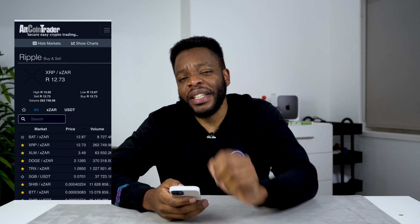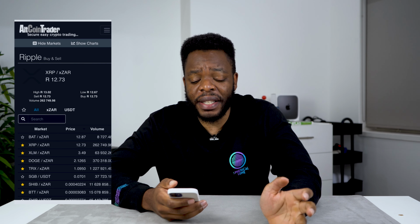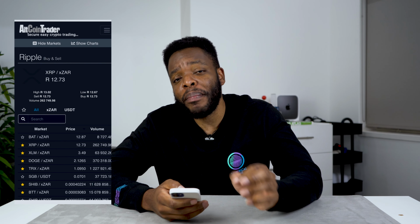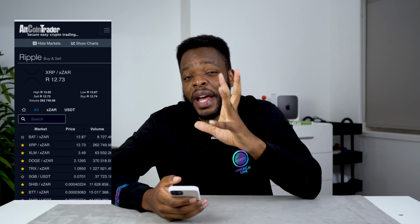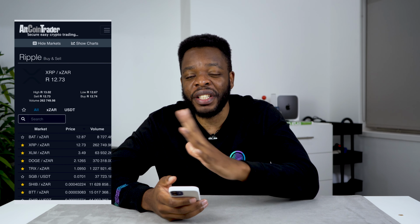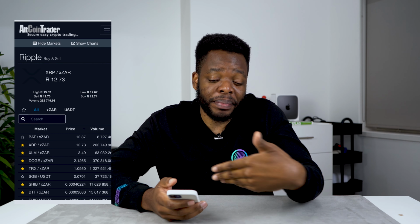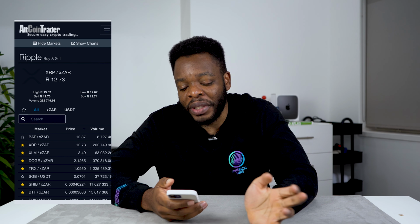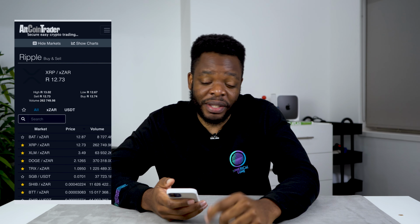All right, so now if I had to rate the Altcoin Trader app, as you guys can see, in terms of interface, I really think that they could have done more. This app basically resembles the web app. I don't really think they went to the effort of creating a specific application for the phone, because if you go via the web, this is exactly what happens. So just for interface, I would give them maybe half a point